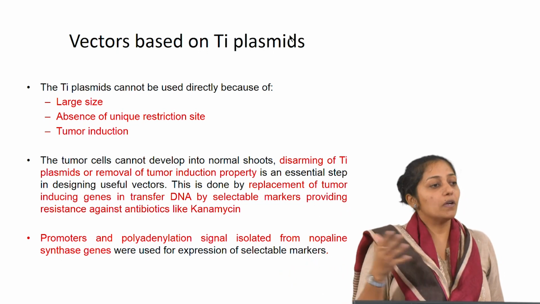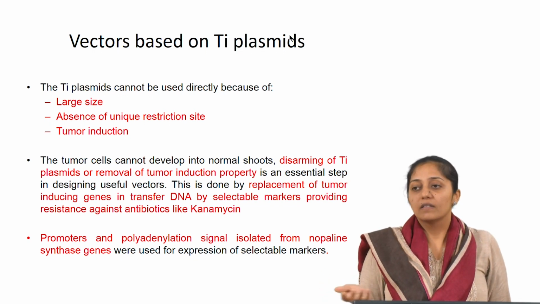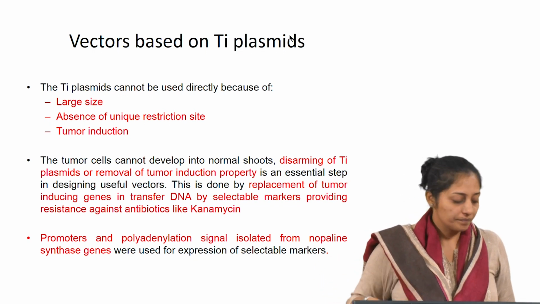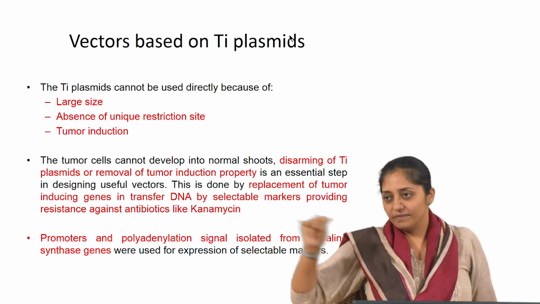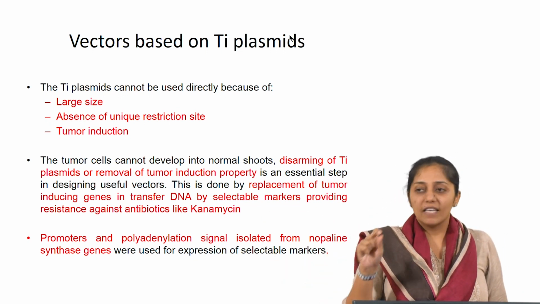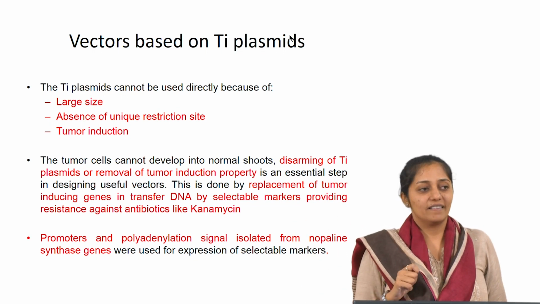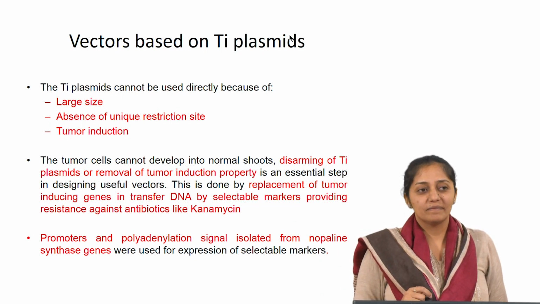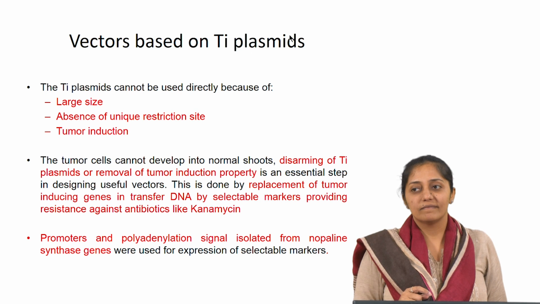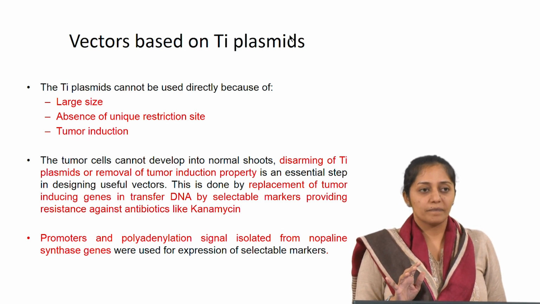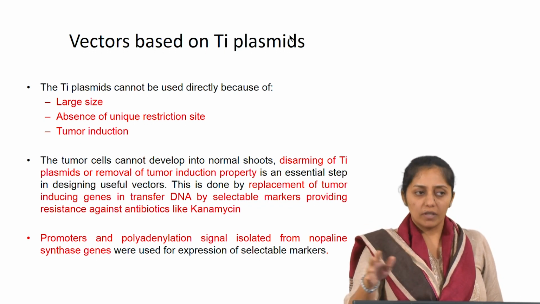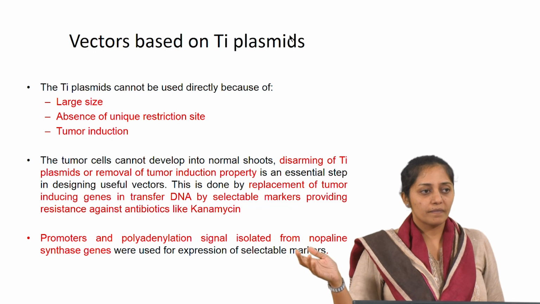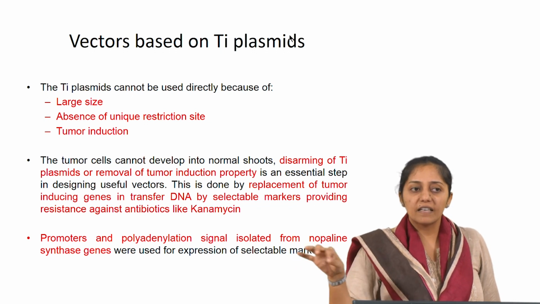So is it useful or not? Then it is advantageous. But still there is a selection needed after transformation. Selection of the cell line. Why? You understood what I am trying to ask? I infect with the Agrobacterium and I will have more than one cell line. I say still there is a selection needed.